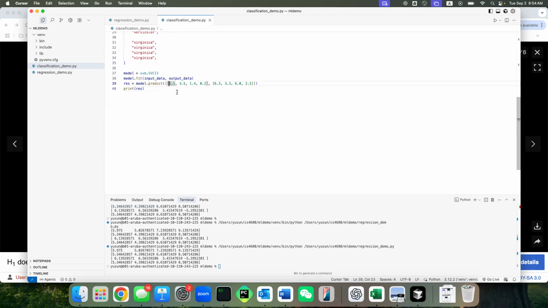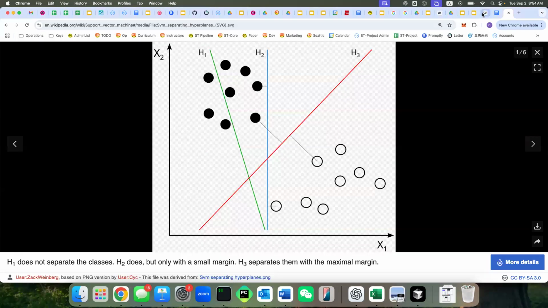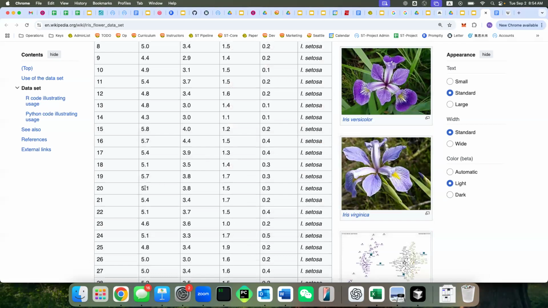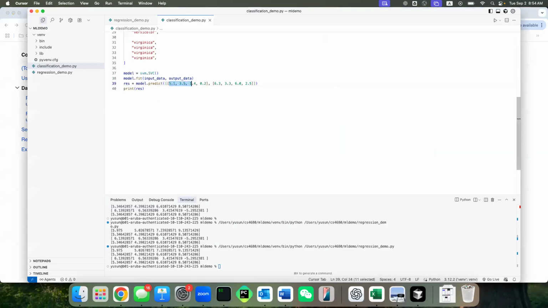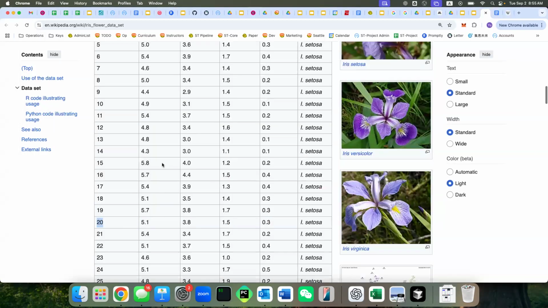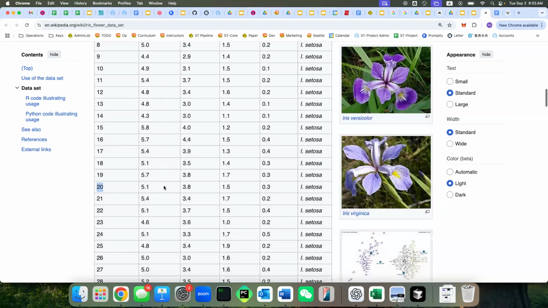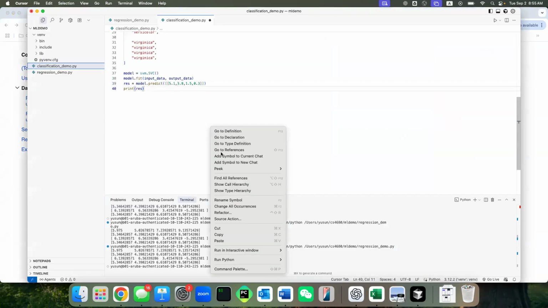Now let's test it. I'm going to try some new data. I'll go back here and pick this one, which is not really used in our training data. This is the Setosa. I'll bring this one over and just use one first. Remember, this is from record 20. We only used records 1, 2, 3, 4. We've never seen this before. So now if I run this code,